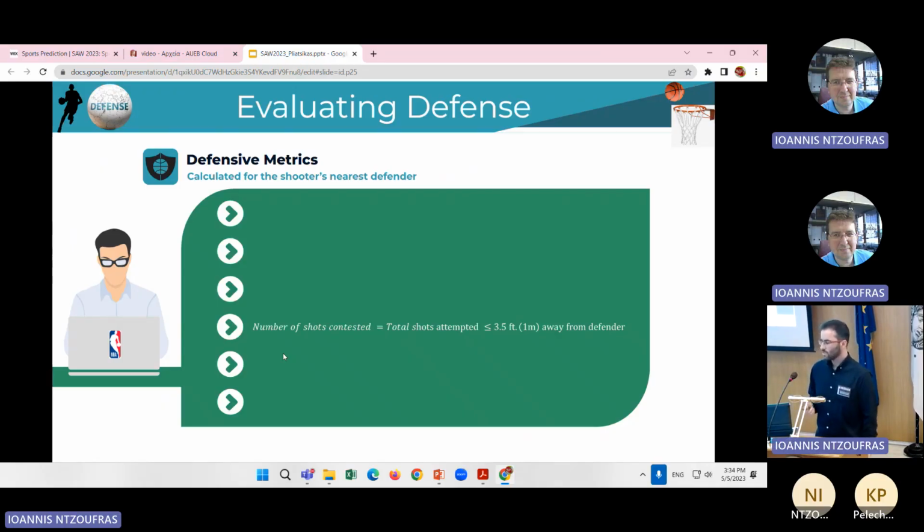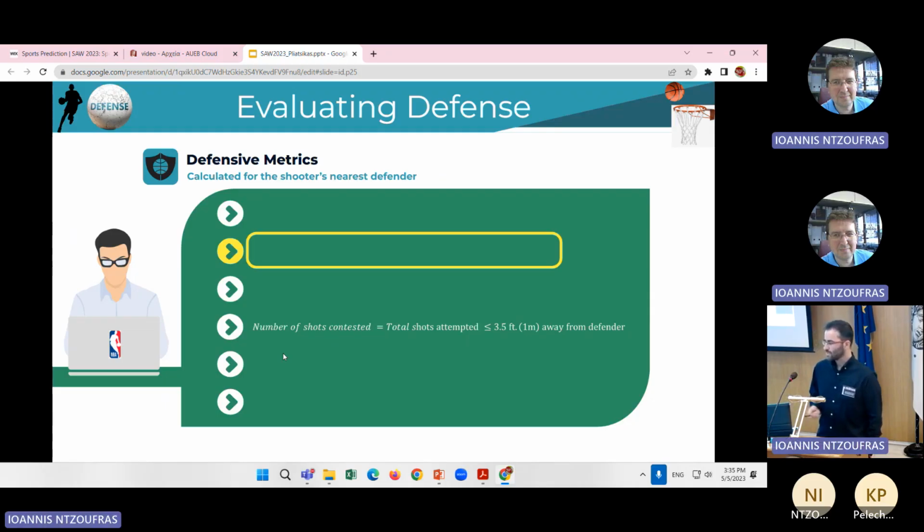A famous quote says that offense wins games, but defense wins championships. To measure the defensive ability, we computed the opponent's points per possession and the opponent's field goal percentage. We also calculated for each defender the average distance of a player when guarding a shot and the average shooting distance to identify whether a player defends close or away from the basket. Finally, we kept track of how many shots were attempted against his defender and how many of them were contested.